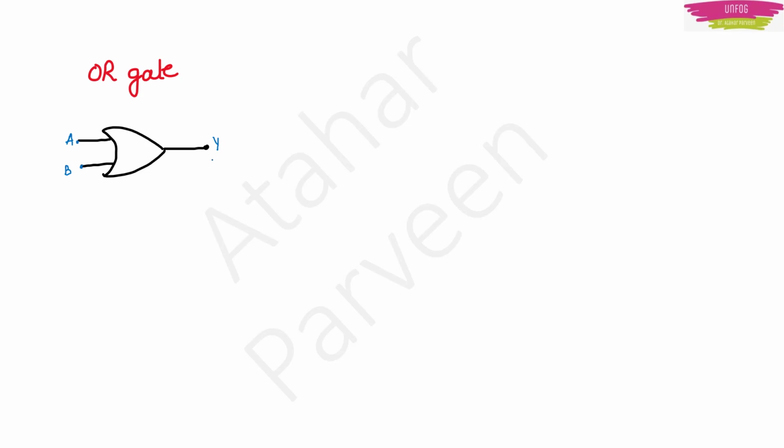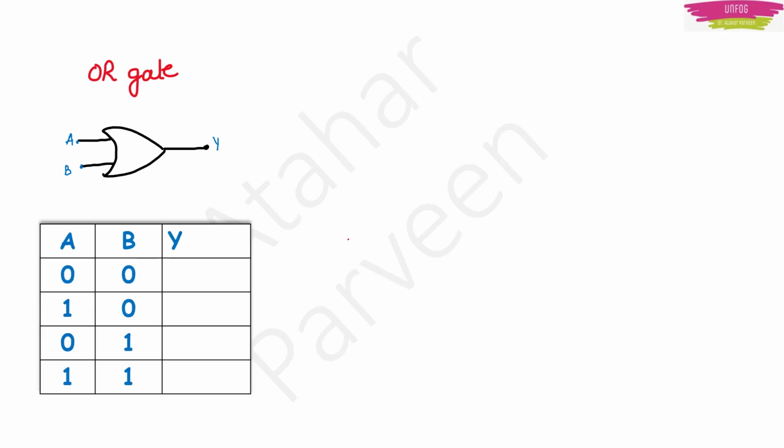We write all the possible four inputs and their corresponding outputs in a table which is called a truth table. So inputs are A and B and output is Y, which will have a Boolean expression. Because this is an OR gate, what will be the Boolean expression? It is going to perform addition, right? So it will be A plus B. So what will happen in an OR gate? If both the inputs A and B are 0, then your output will be 0 plus 0 as 0.